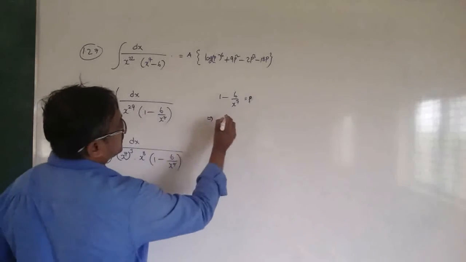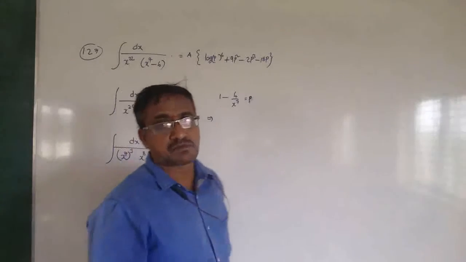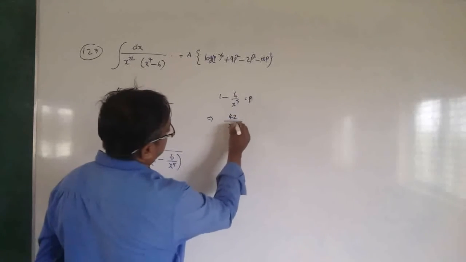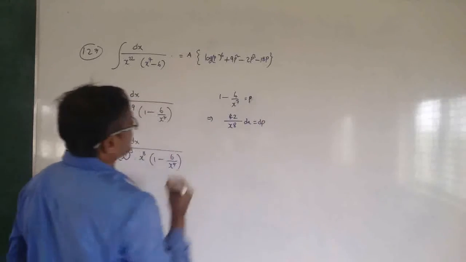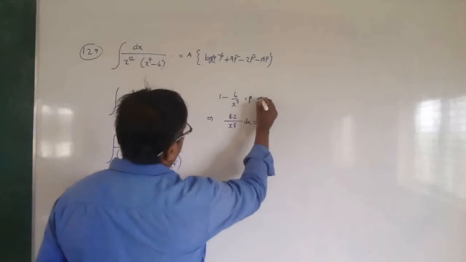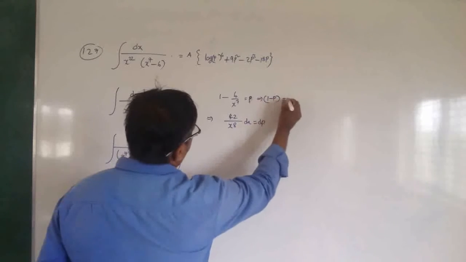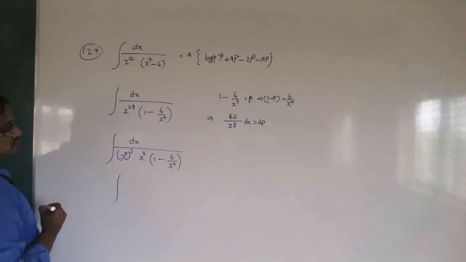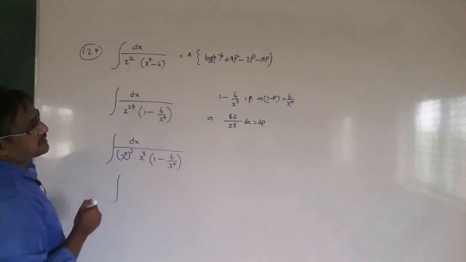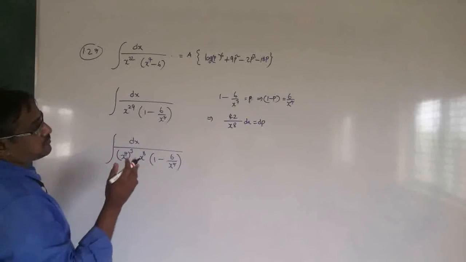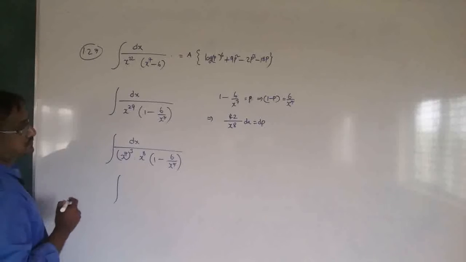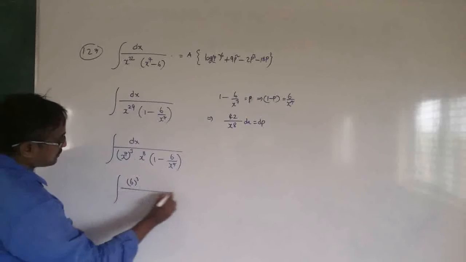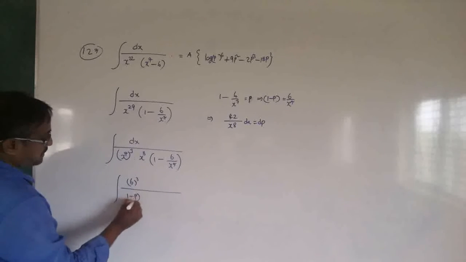Now its derivative of 1 by x power n is minus n by x power n plus 1. So it will be 42 by x power 8 dx is equal to dp, and 1 minus p is equal to 6 by x power 7. So this can be written as 1 by x power 7 is 1 minus p by 6. So it will be 6 into 6 into 6, 6 whole cube by 1 minus p whole cube